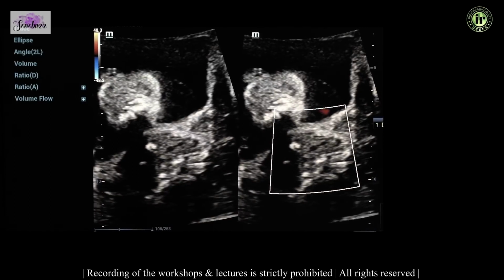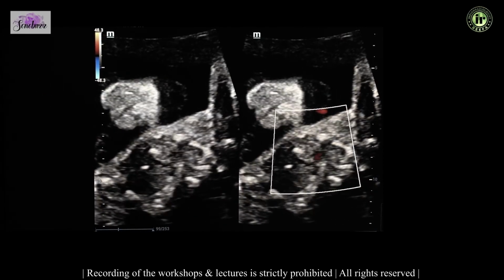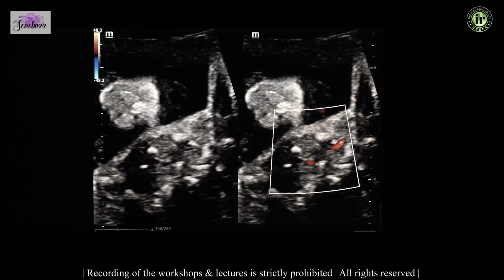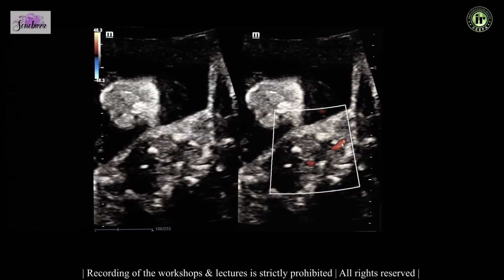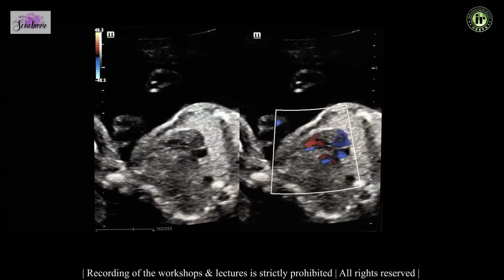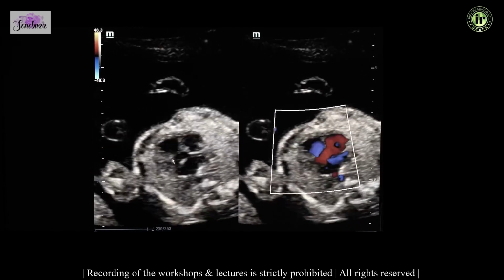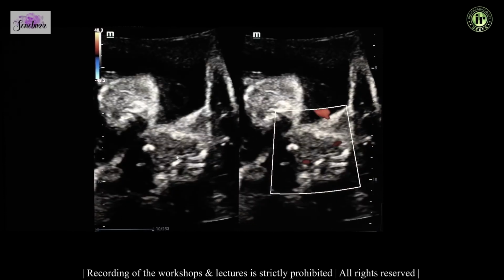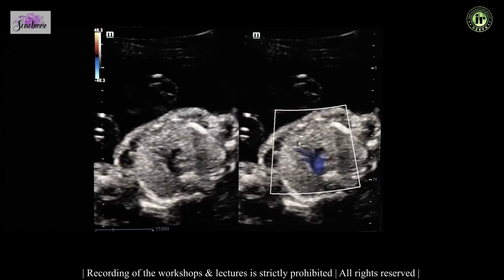then as you can see here, in fact this is the normal right subclavian artery, which is seen exiting like this from here, and this is going now on towards your probe, so it will be seen in red. This is a 3-vessel trachea view, and then in color you can see the aorta exiting, and then the pulmonary artery which is crossing in this direction.